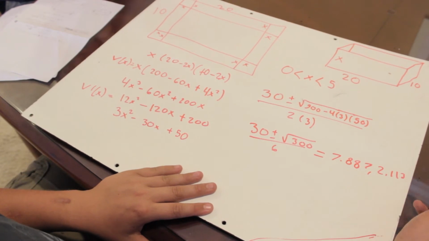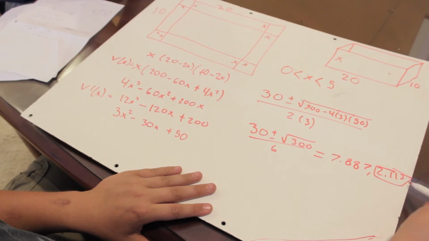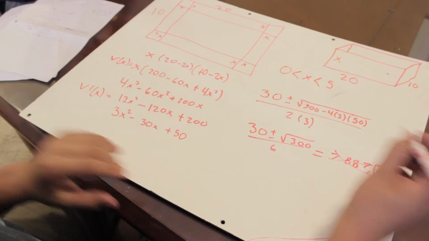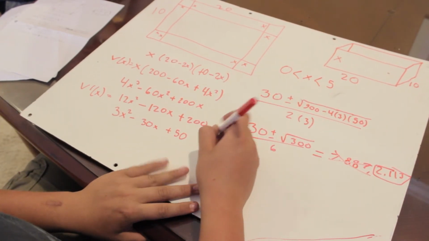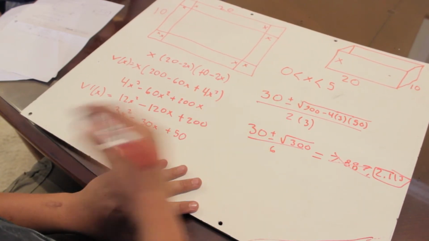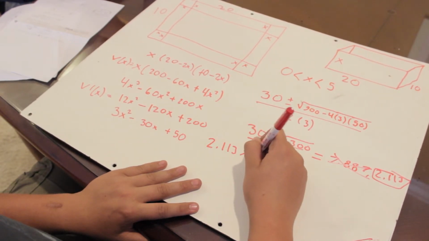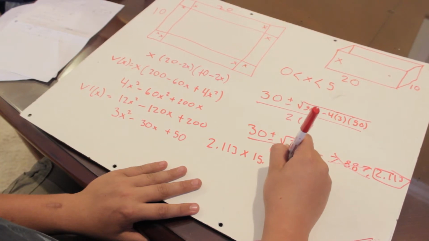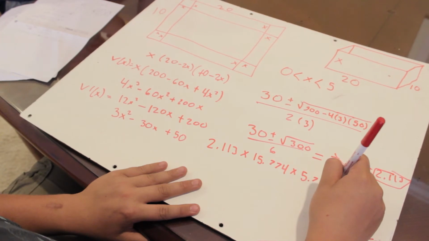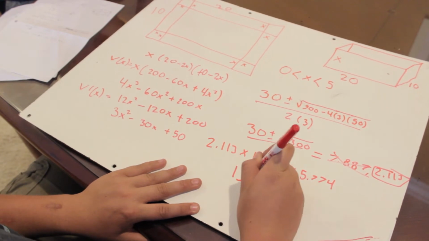2.113. And so we know that it has to be between 0 and 5, so this is the only answer we can use, 2.113. And so we cannot use 7.887. When we find this, we know that this is x. We can find that the measurements for your Tupperware to find the maximum volume is 2.113 by 15.774 by 5.774. And so if we multiply this all together, the maximum volume you guys can make is